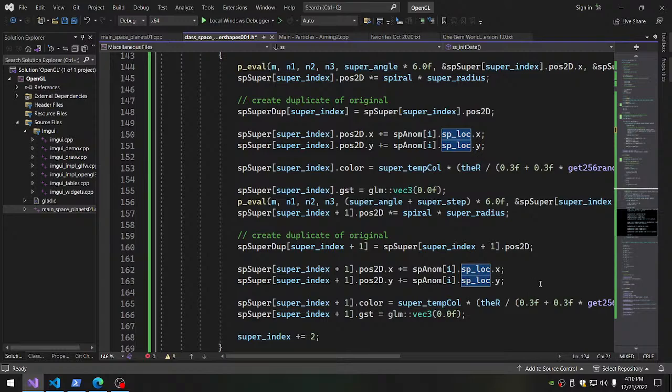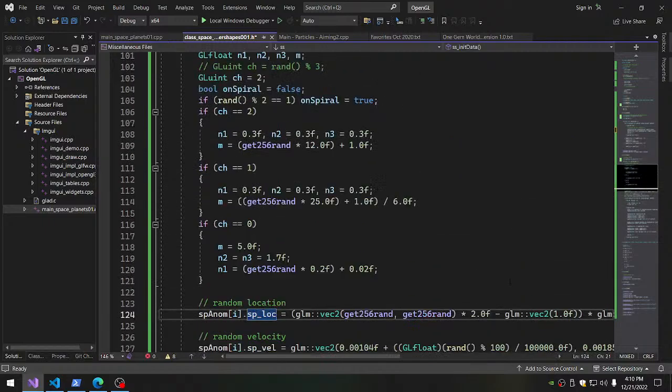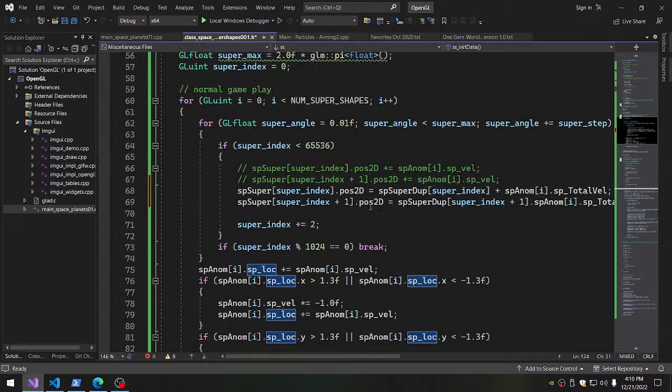Oh, and the duplicate gets the same location added as well, okay. Hold on, let me wrap my brain around that for a second. So what I'm trying to do here with total velocity, why do we even care? Because why don't we just take POS2D equal to the location plus...